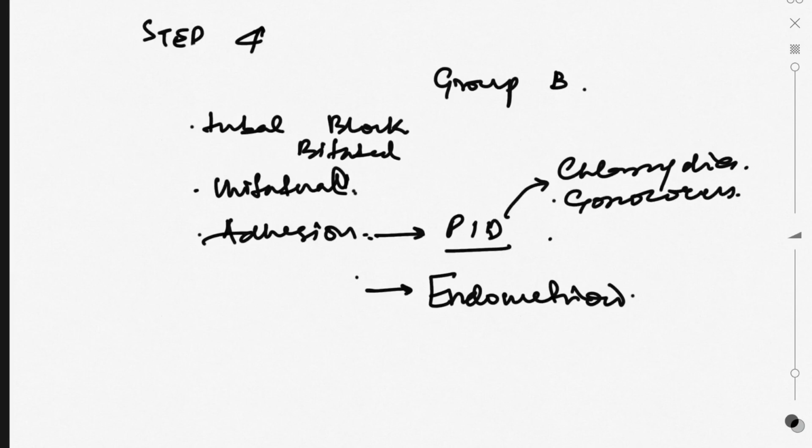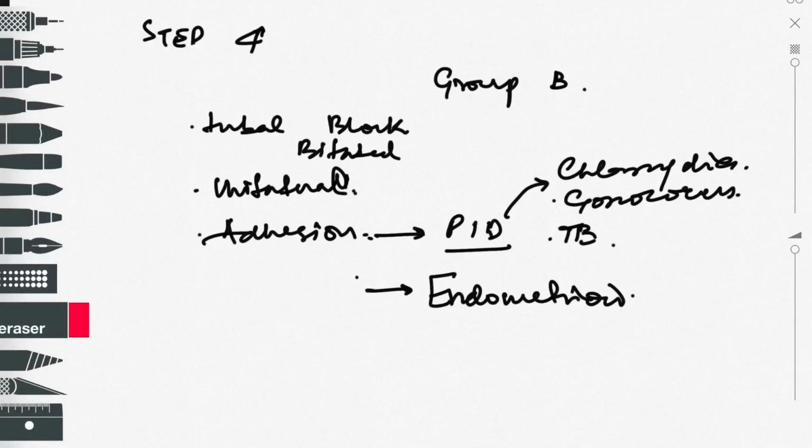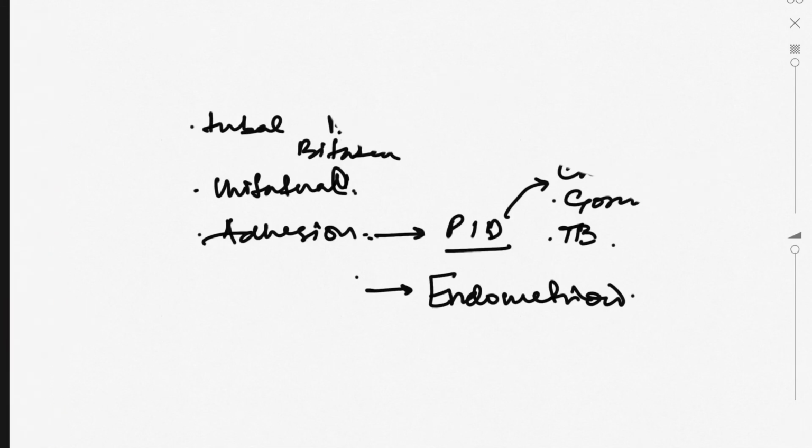and in certain parts of our country, and in the majority of very underdeveloped countries, we cannot ignore tuberculosis. So these are the 4 steps to reach the diagnosis. Once you reach the diagnosis, you need to manage the patient. So according to the diagnosis, you have to decide whether the patient needs